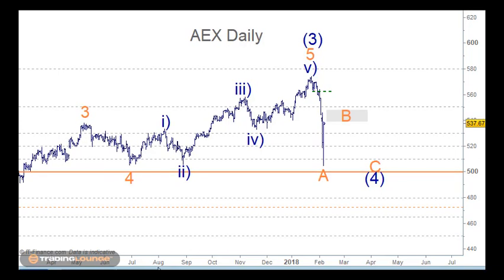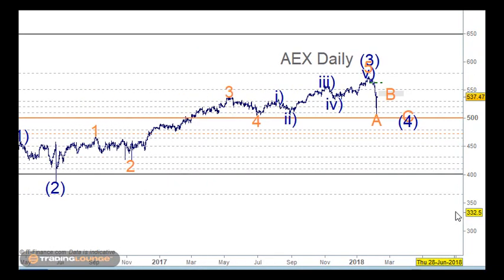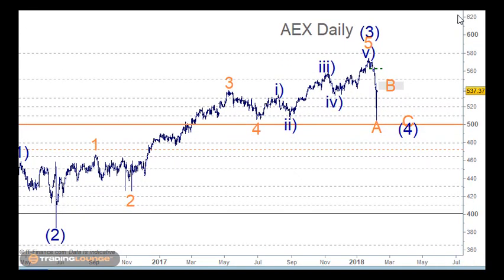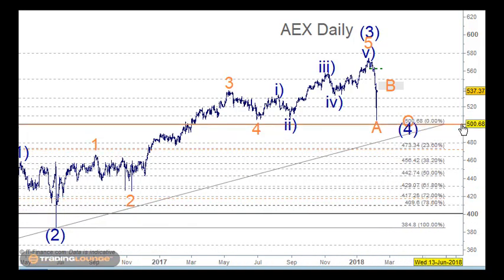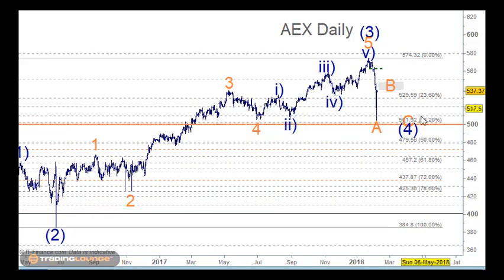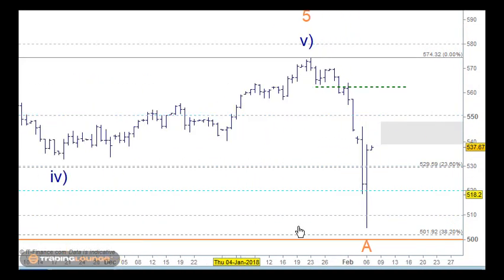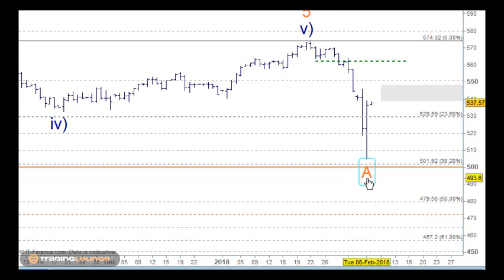But what we were looking for originally, coming back into the wave 2 here, normally we look for the 38.2% retracement level, but because of this little spike here, I'm always a bit reluctant to use those. But even if we took the low from this case here, we still come in at the 500 as the 38.2% retracement level, which is pretty close to the wave 4 of one lesser degree. So in reality, it's possible that we can have wave 4 already in play here, but I doubt it.